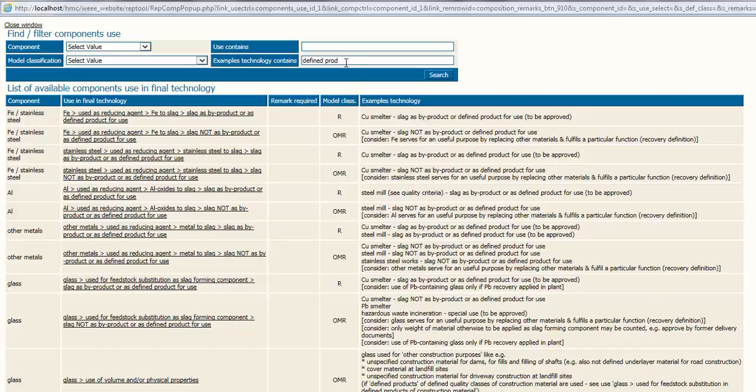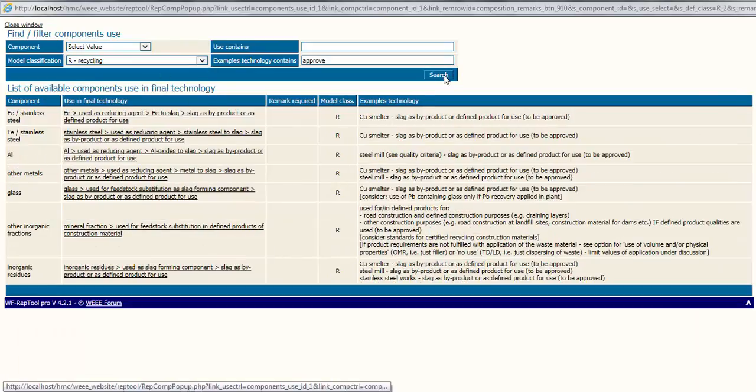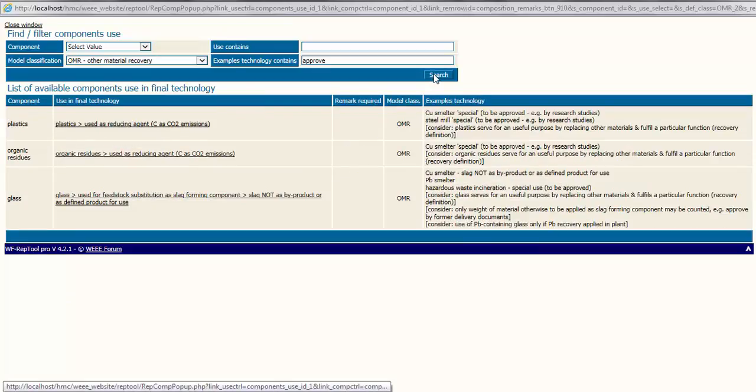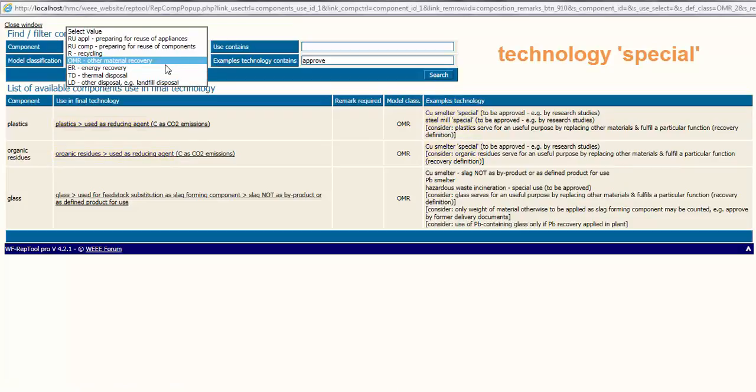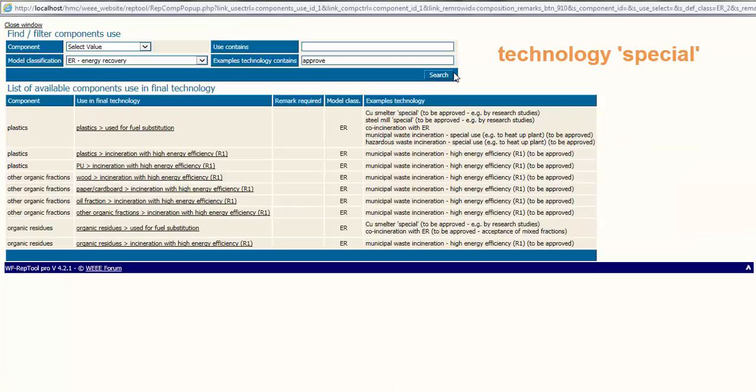You may filter for approve for the recycling classification or OMR. See the use of plastics and organic residues as reducing agent in special smelters. Or for the energy recovery classification, see the use of plastics and organic residues for fuel substitution in special smelters.